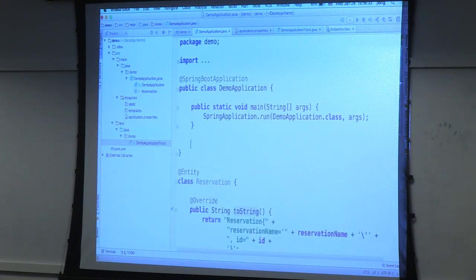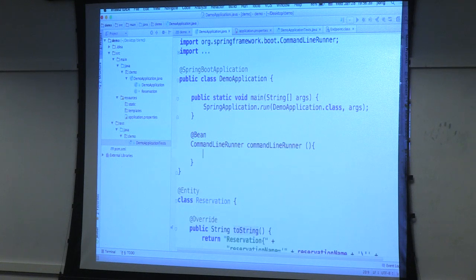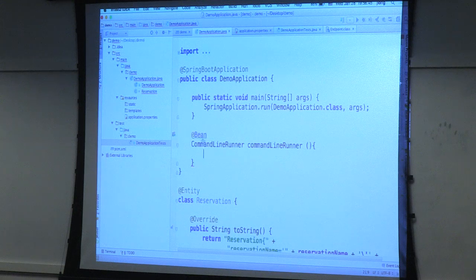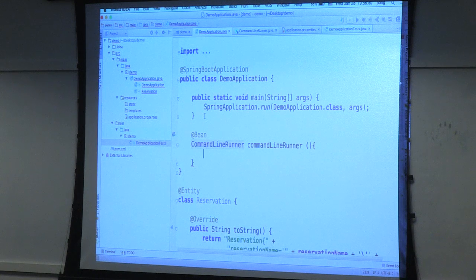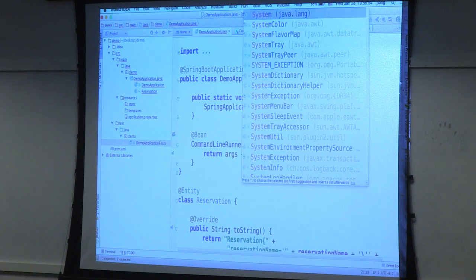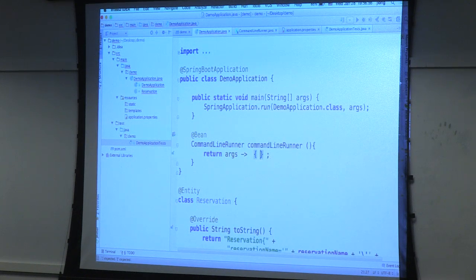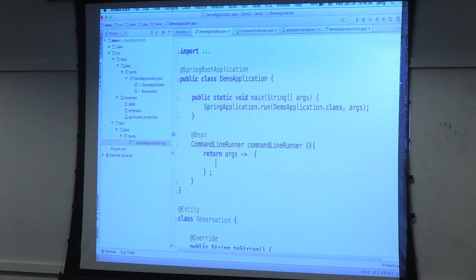OK. And then I need a bean of type CommandLineRunner. And the CommandLineRunner is just an object, an interface that Spring Boot knows to start up. It knows to call it back with the arguments to public static void main, the string array. So it's an interface with one method. It's public void run. And of course, you can use Java 8 lambdas for that. So I can say System. I'm going to actually do some interesting data setup here. I'm going to inject a reference to an object called a repository.